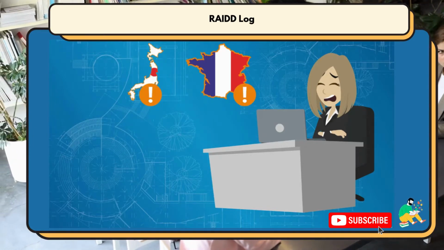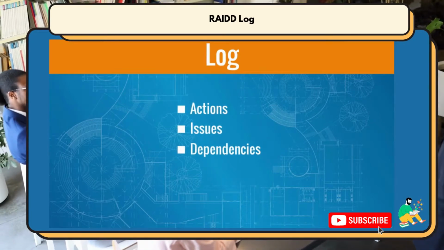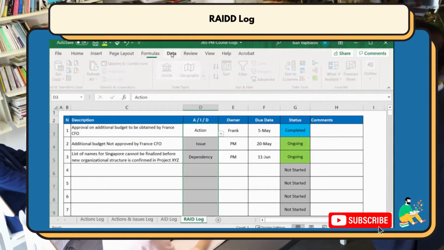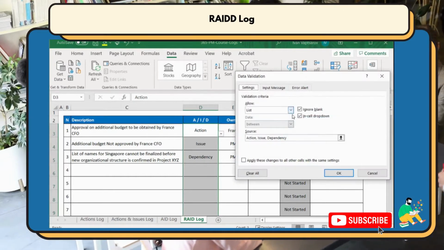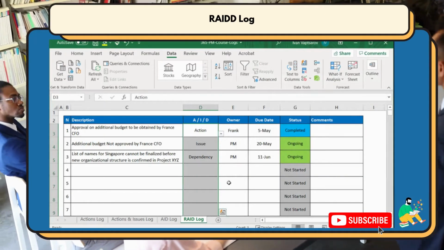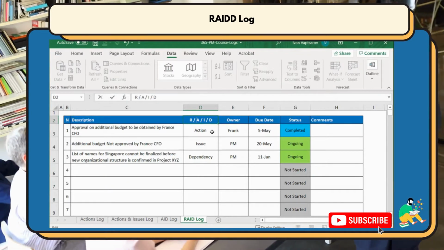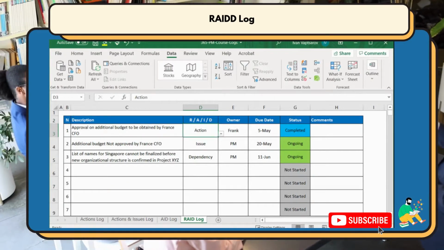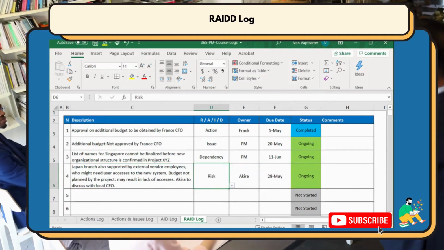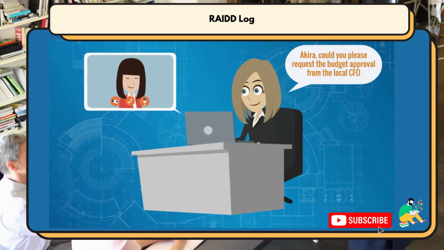Where should the project manager log this concern? Why not in our log for actions, issues, dependencies, and risks? So we use Excel to also add the risks option via the data validation functionality. We also update the column title to include the letter R. We describe the risk and assign the owner and due date. Okay, logged. As a next step, the project manager asks Akira, the local F&A manager, to request the budget approval